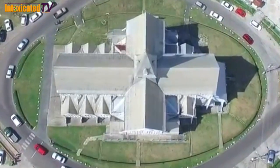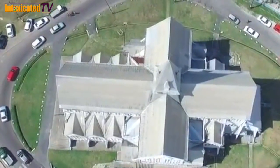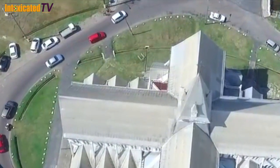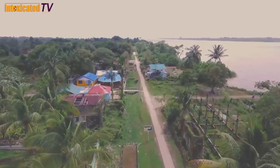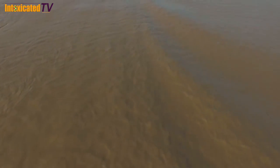A not widely known fact about the St. George's Cathedral is that the building was constructed in a cross-like pattern. However, this is only visible from an aerial view. Number 2. Fort Island. Formerly known as Flag Island, Fort Island is located some 16 kilometers from the mouth of